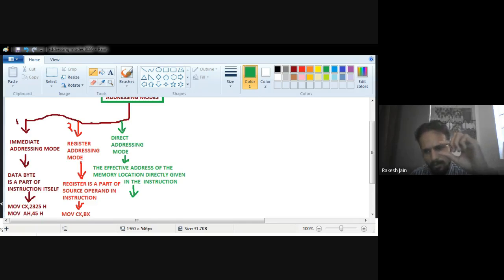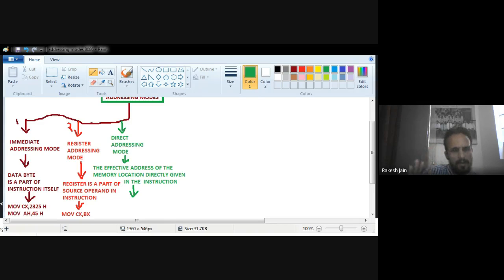But we have to use a bracket sign for the case of the 8086 microprocessor. For example, let's suppose I want to send data stored at a memory location. Let's suppose the address of that memory location is 1345.